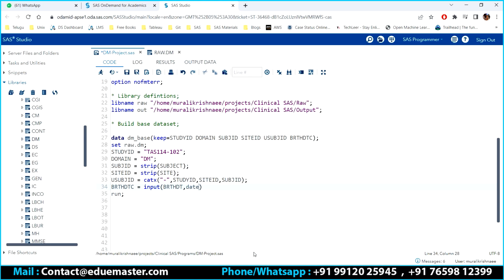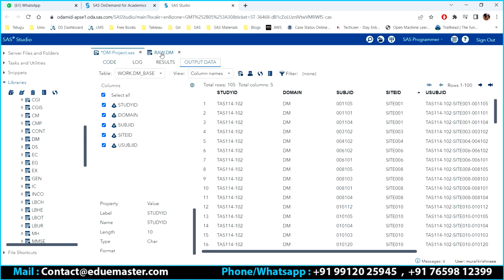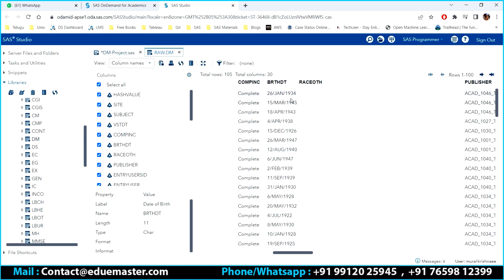So what is the numeric format? If you see this particular one, what is the format? Can someone tell me what exactly this format is going to be? How do I convert this? 4 plus 3 is 7, 7 plus 2 is 9, 9 plus 2 is 11. Totally 11 is going to be the